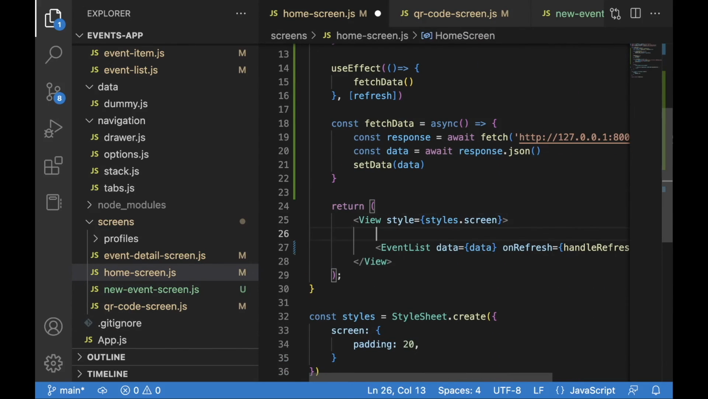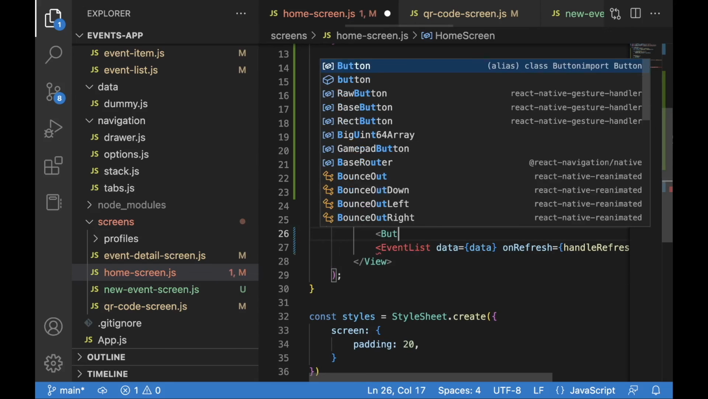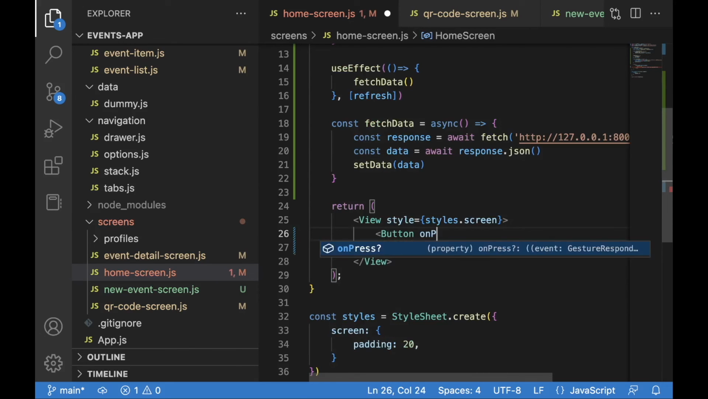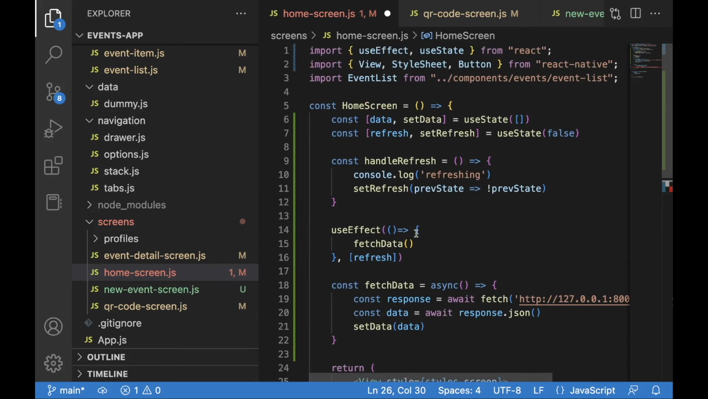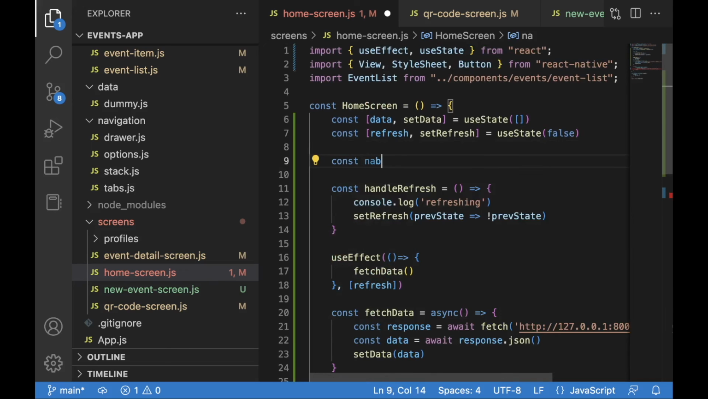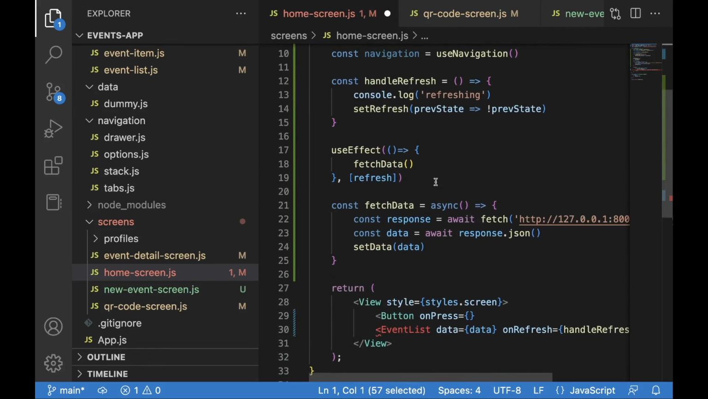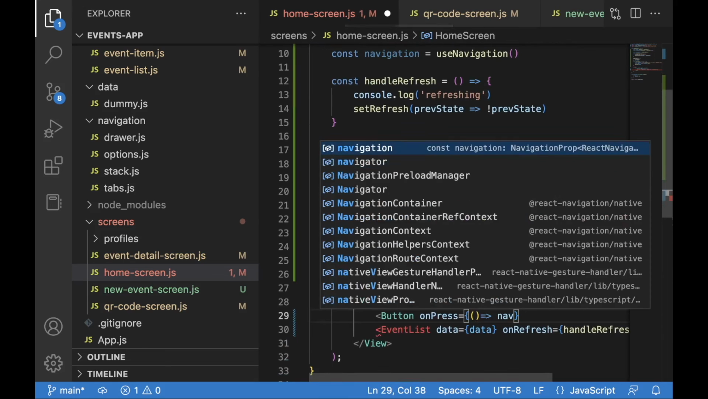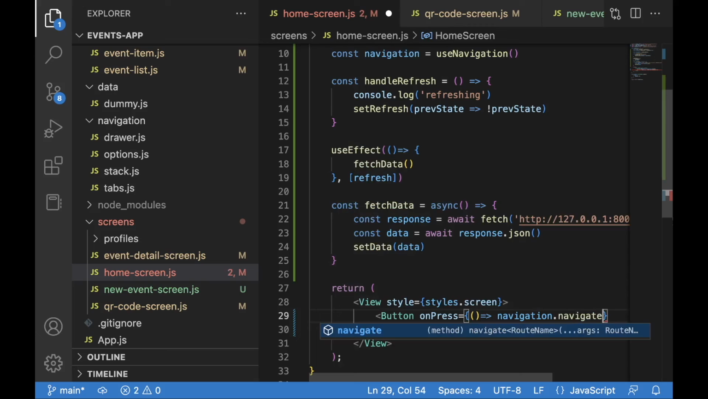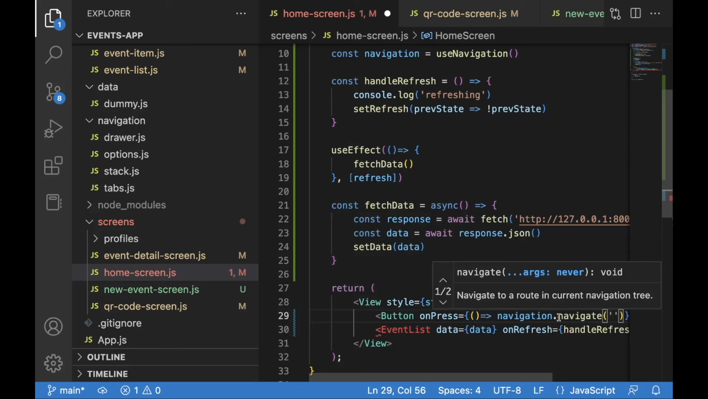and we can place this button above the event list. So let's put the button with the onPress, which is going to be set to navigation navigate, but we don't have navigation over here. So I'm going to create this variable navigation is equal to useNavigation, which needs to be imported, and we have successfully made an auto import of the useNavigation. So now we can simply put in navigation, navigate, and then we will need the name of the screen,